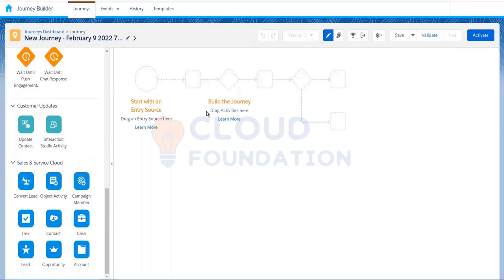And Journey Builder becomes really super powerful when you have integrated SFMC with other platforms like Sales or Service Cloud. There are plenty of objects that we have, like the Sales Cloud sales object, opportunity object, task. We have a case and plenty of others. Once it is integrated with your Sales Cloud, you will be able to also start using these objects in your Salesforce Marketing Cloud Journey Builder.